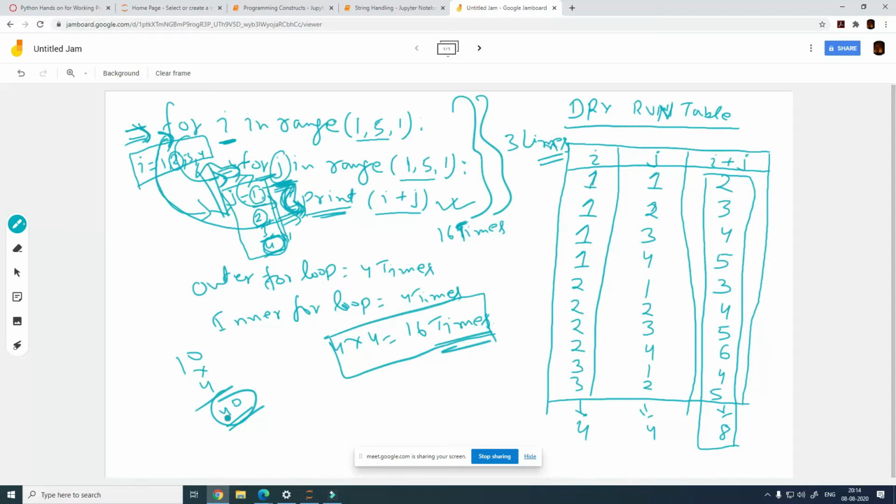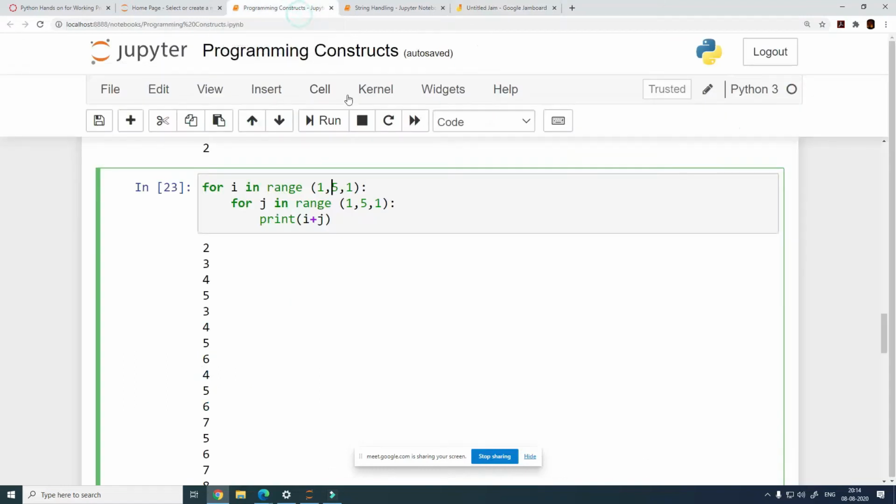So I think guys, with this you will have ample idea as to how to do a dry run, and this is very important for you to actually do. Whenever you write any program code, it is important for you to run the code and see it yourself, but it is equally important for you to do the dry run, and this is how you will build more confidence. So do these, this is very important, and we will now move on, right?